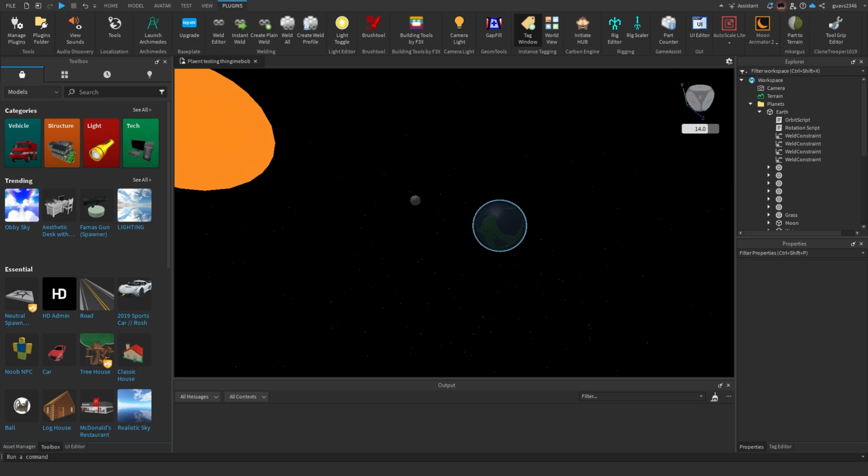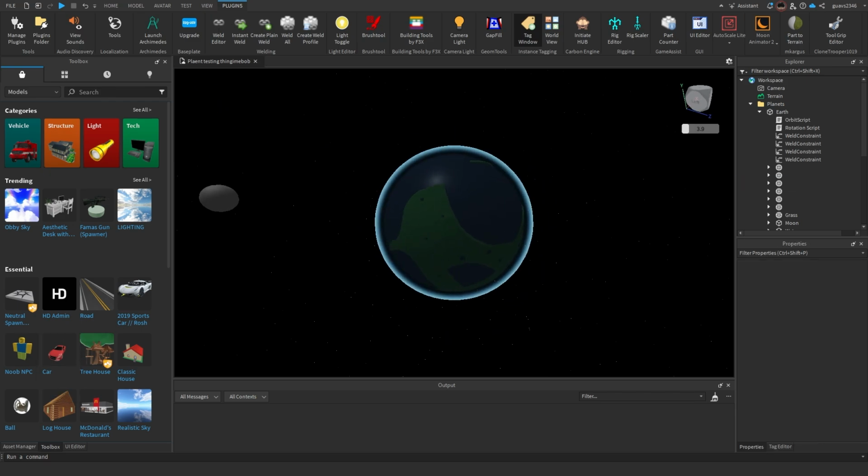So with our awesome conversion botinator, we can do this. The Earth is 4.9 billion, yeah, it's 4.9 billion meters. That's a lot of meters. That's a big planet. So if we scale it down to 1/50th scale, the Earth's diameter is gonna be 246 meters. Roblox studs are 0.28 of a meter. So if we divide,